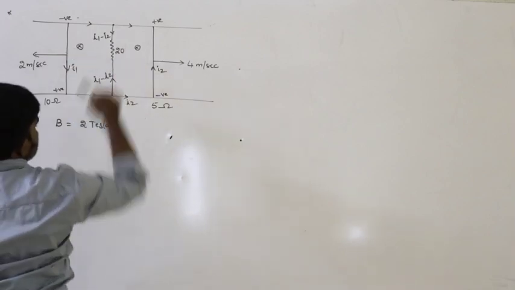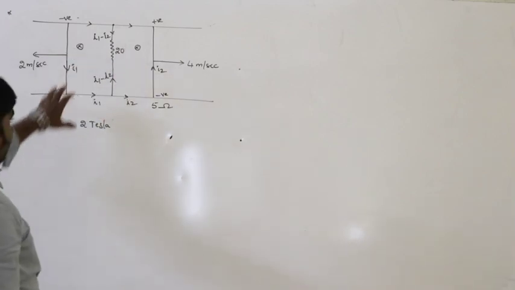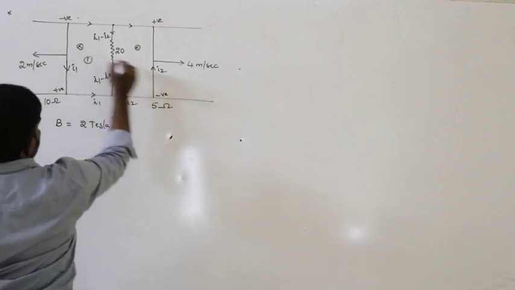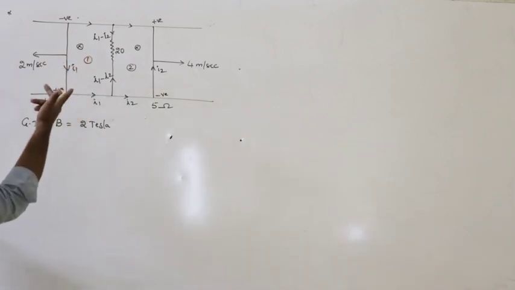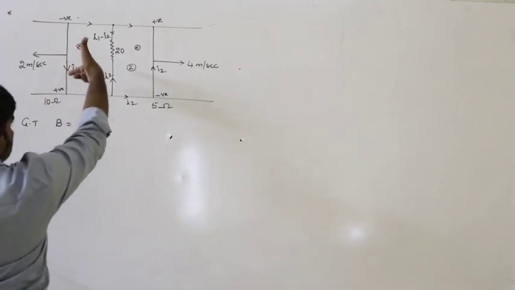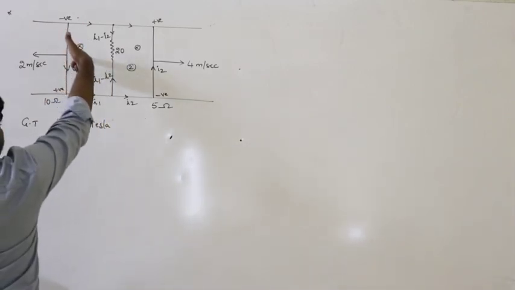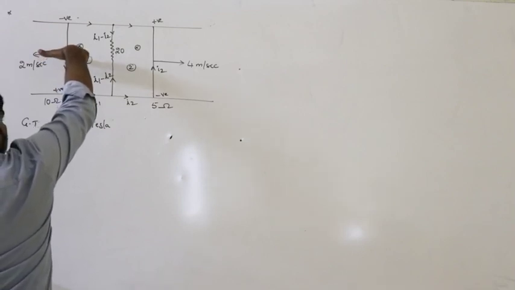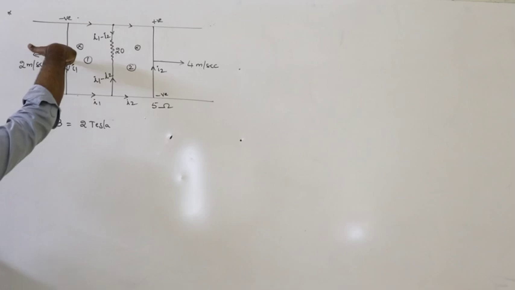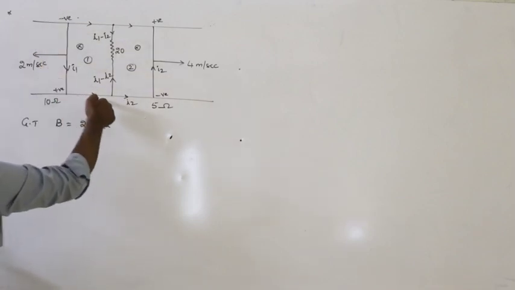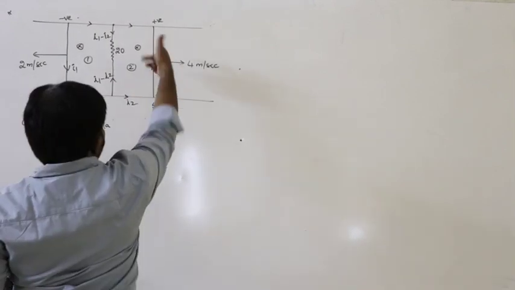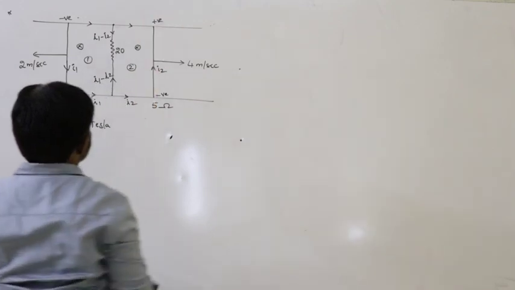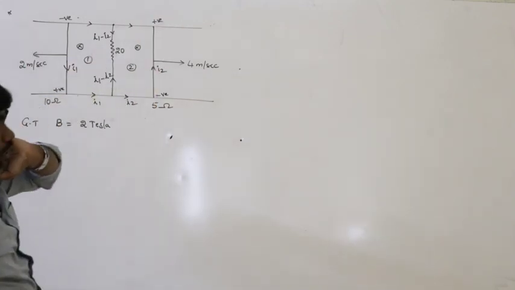So this is the first one and this is the second one. Let us say it is the first loop and this is the second loop. So that is the situation. Got it? According to Fleming's right hand rule, forefinger indicates the direction of the magnetic field, thumb indicates the direction of motion of the conductor, central finger indicates the direction of induced current, that is negative to positive. So here I divides into two components, I1 minus I2, and let us say it is I2. Here the direction of I2 is upwards. What is I1 and what is I2? That we have to calculate now.